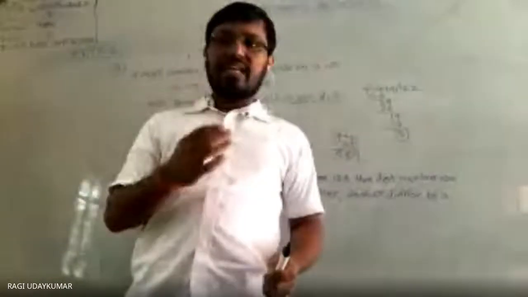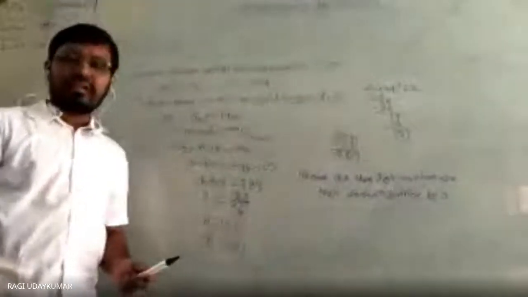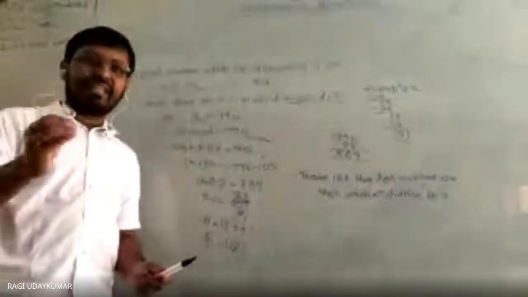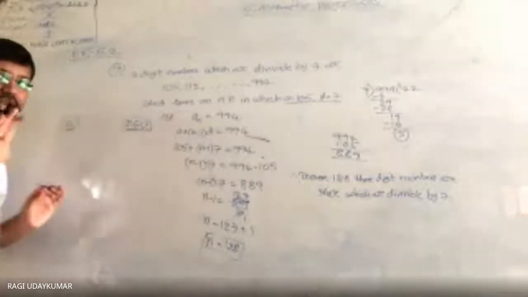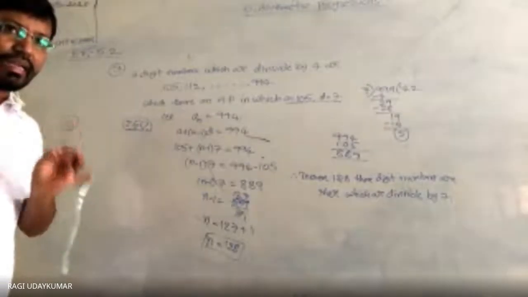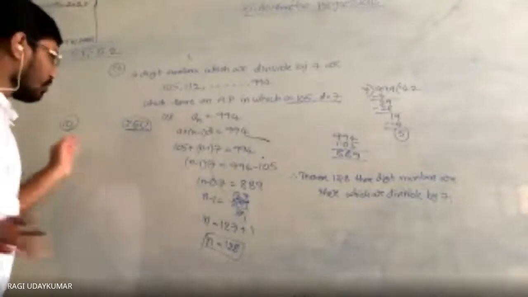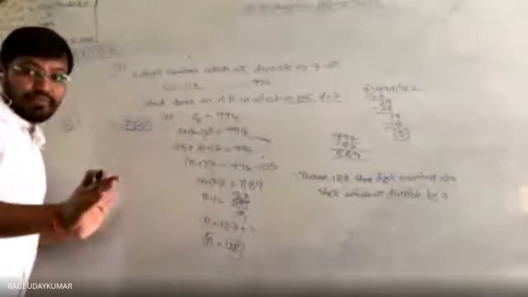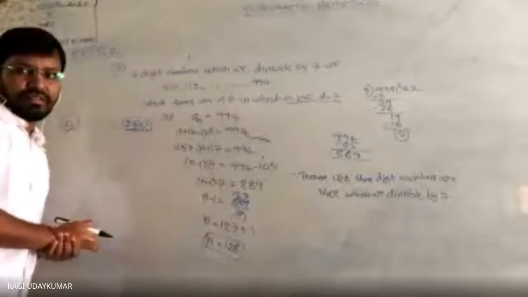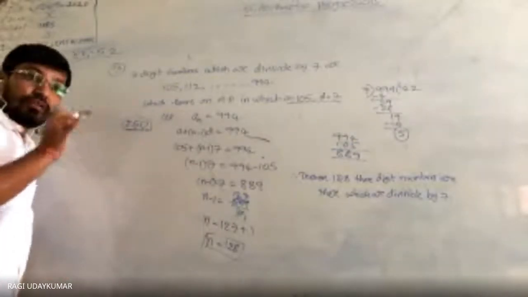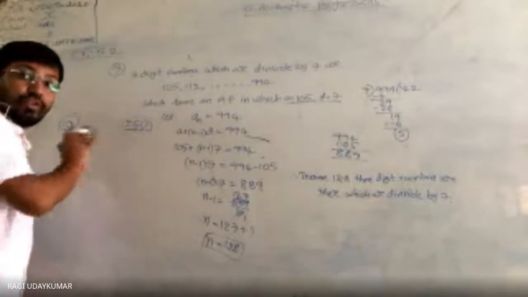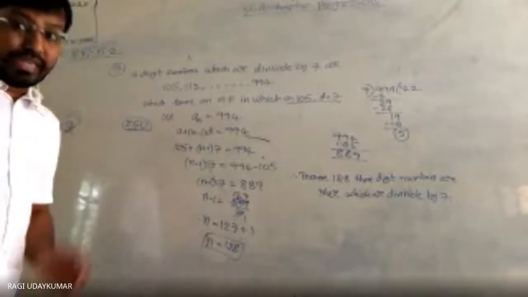Next question is: how many multiples of 4 lie between 10 and 250? Here it is very simple. Since it says lie between, do not consider these two numbers. Please concentrate very clearly on the question: lie between means these two numbers in between, so do not consider them. Suppose 10 is a multiple of 4, even then we do not consider it. Suppose the question says between 12 and 250, then 12 is not considered because between is given.